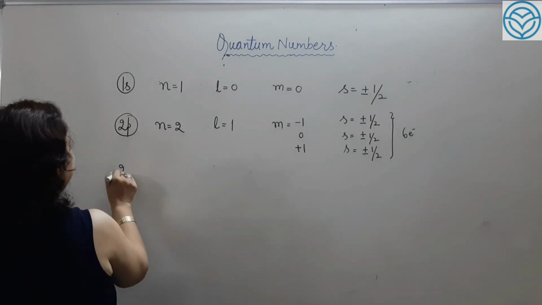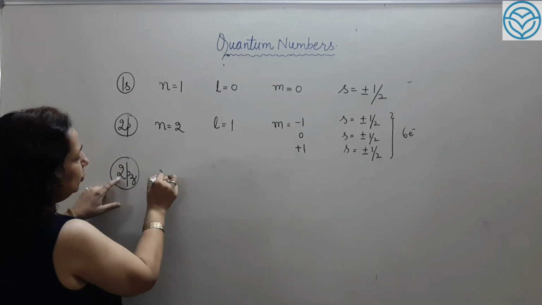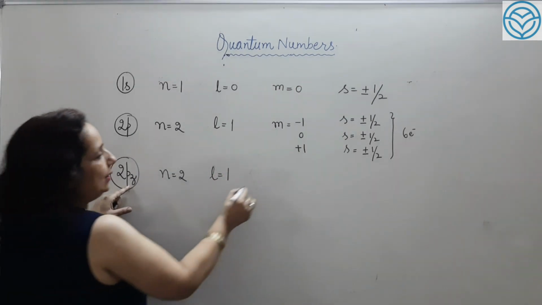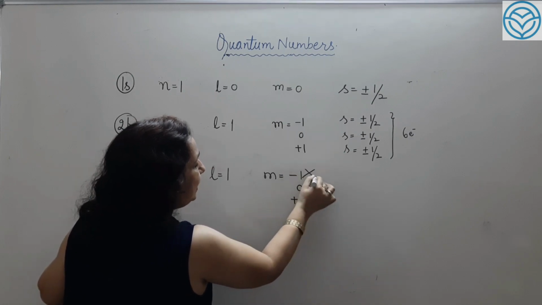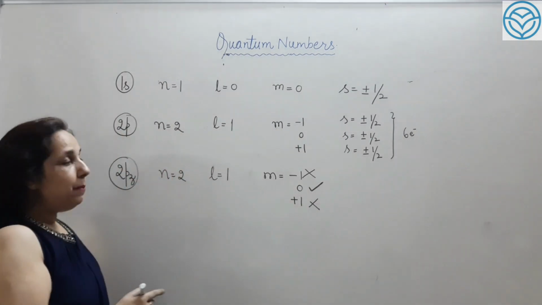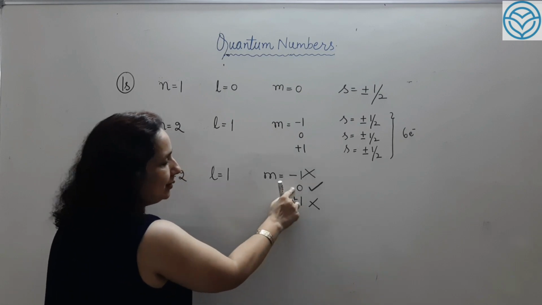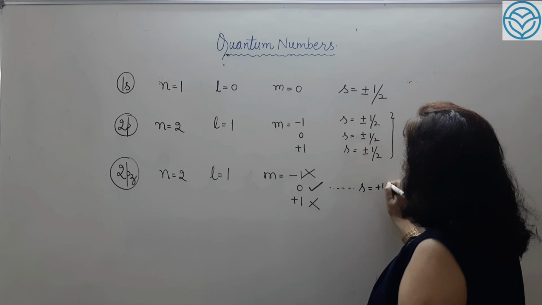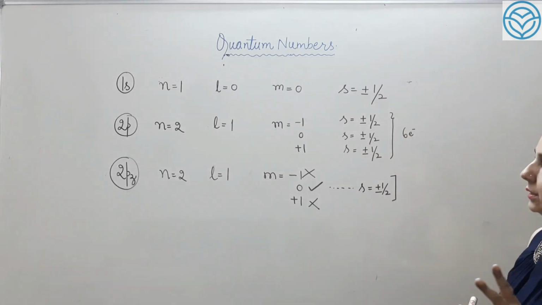आप जरा ध्यान से देखो, if I write 2pz, n is 2, L is going to be 1. Now M is minus 1, 0, plus 1. लेकिन जब मैंने लिख दिया pz, इसका मतलब I am talking about only M0. मैं कह रही हूँ कि सेकेंड फ्लोर पे फर्स्ट रूम और आपने 0 बेड पे ही जाना है. अब 0 बेड पे कितने इलेक्ट्रॉन्स हो सकते हैं, 2 इलेक्ट्रॉन्स, plus minus half. Now this is an address of 2 electrons.